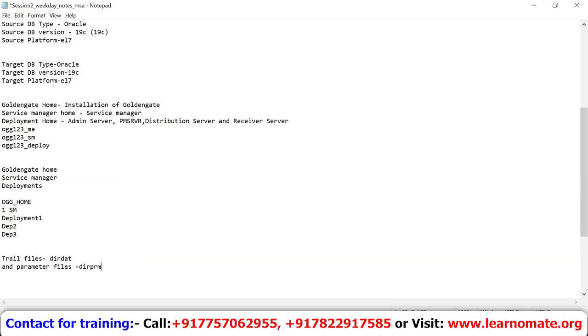Okay. Right. So the location of the trail files is GoldenGate home/dirdat. Same way, the location of dirprm is GG home/dirprm. Right. Now, in microservices, if you see,